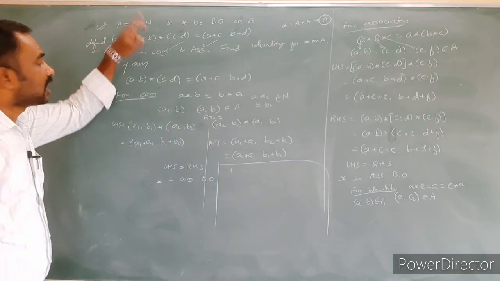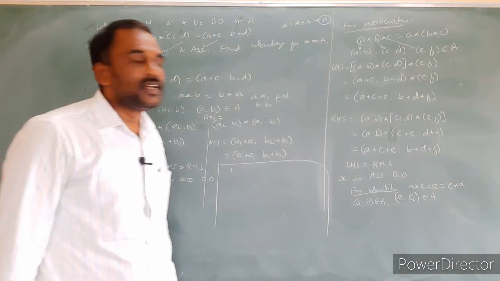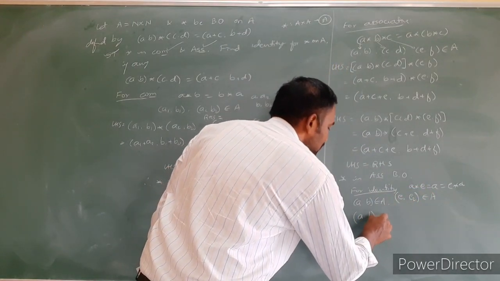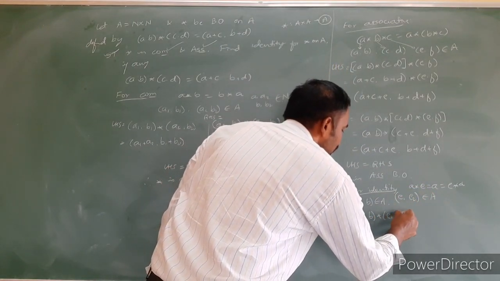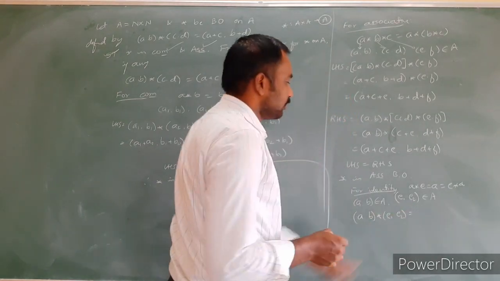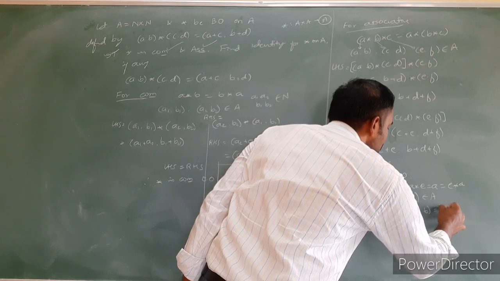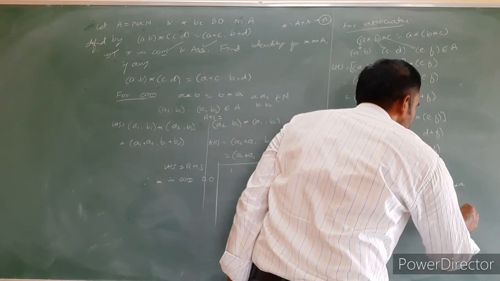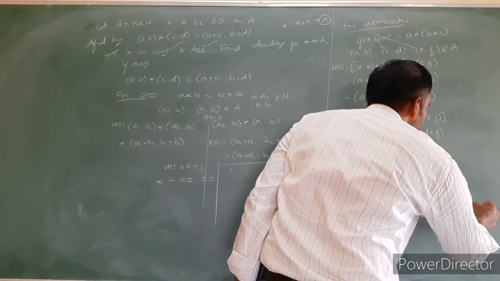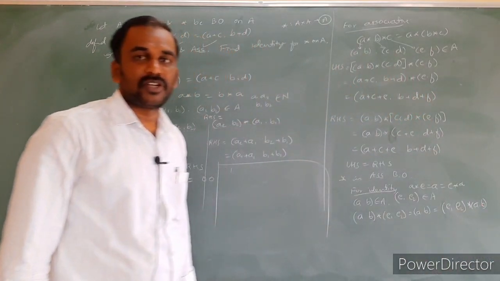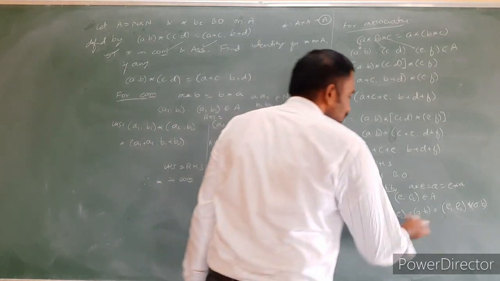There exists another element E1, E2 belonging to the set A. What is the set A? It is the Cartesian product of the natural numbers with the natural numbers. Apply the definition: (A, B) star (E1, E2) is equal to E, which is equal to A, we have to get. That means (A, B) is equal to E, which is (E1, E2) star A, which is (A, B). Already you know that commutative is satisfied, so it is sufficient to solve the first one.